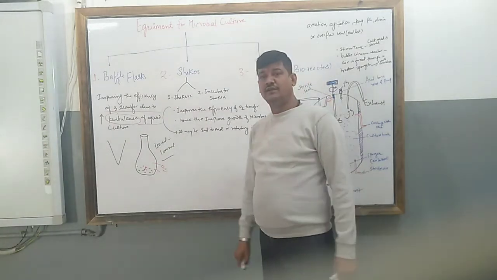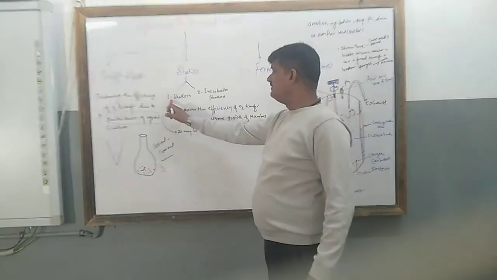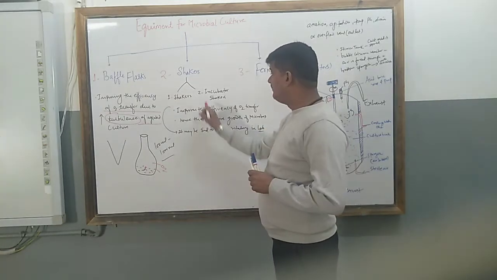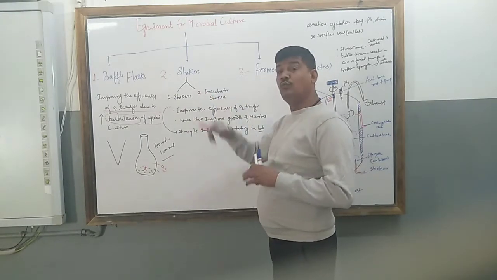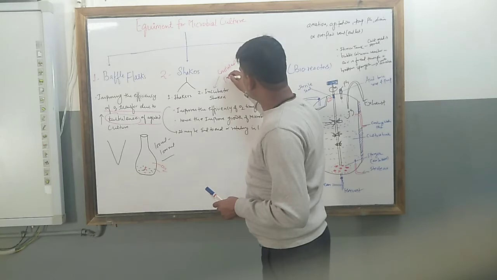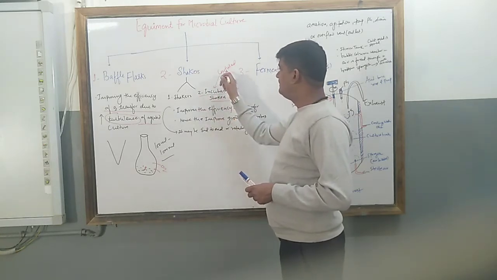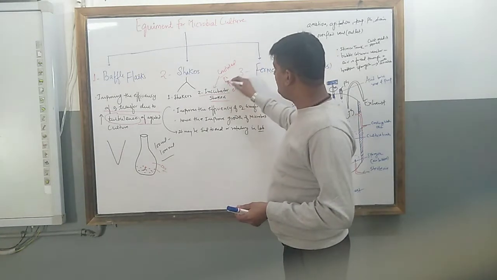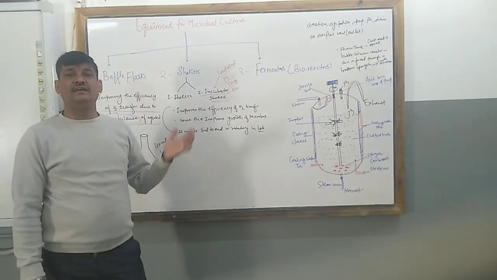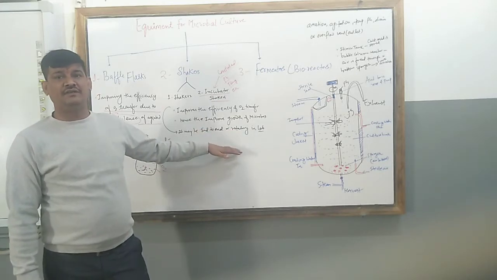Now come to this. These shakers are of two types. One is the normal shaker and the second one is the incubator shaker. The normal shakers are as usual like small culture tube-like structures. But the incubator shakers are well designed and well equipped because they are under controlled pH, temperature, etc. These incubator shakers are under highly aseptic, that is sterile, conditions, and their function is to improve the efficiency of oxygen transfer in the culture medium so that maximum growth of bacterial culture takes place.